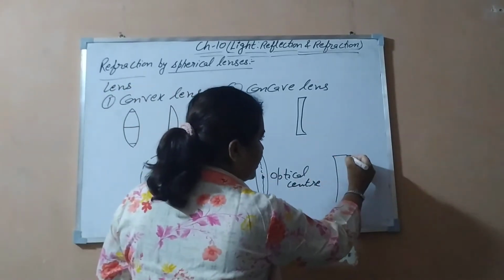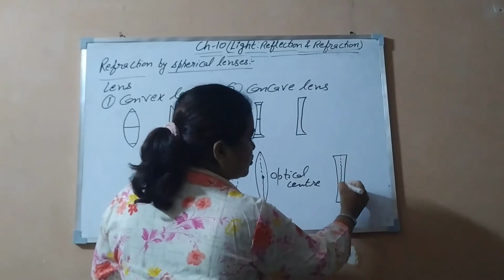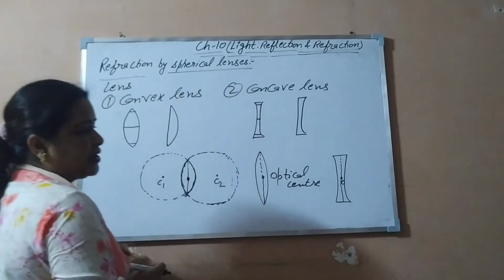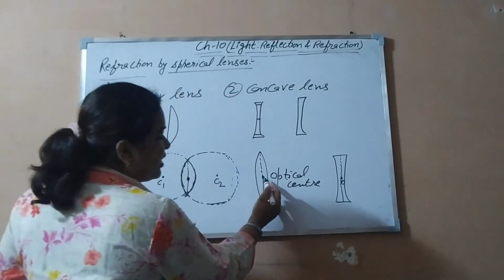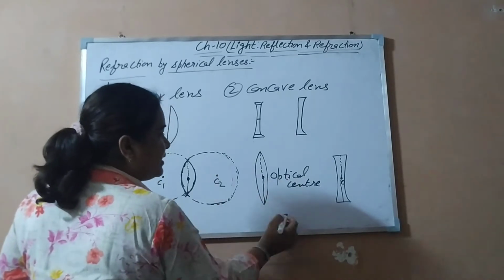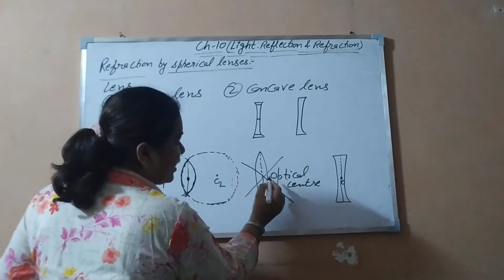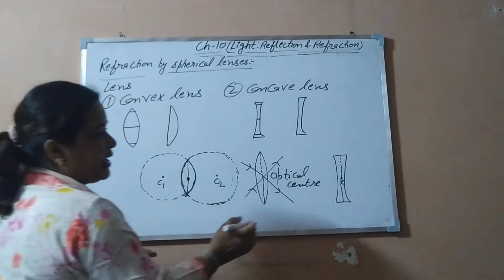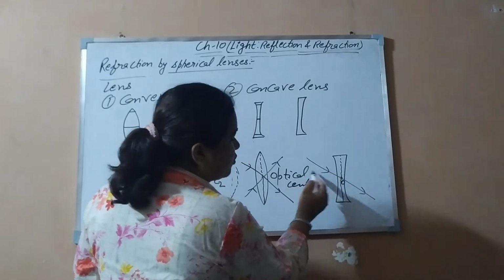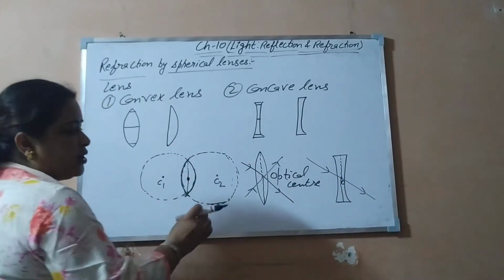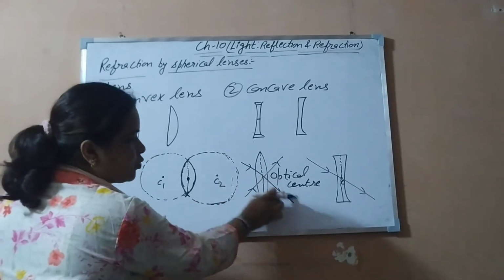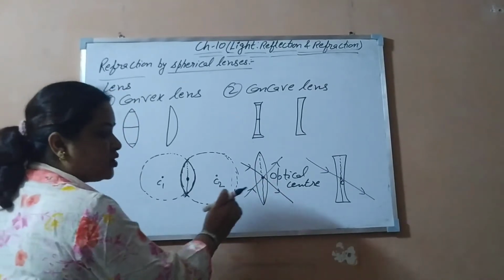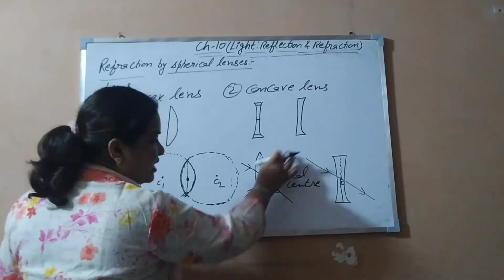This is also here when you have a concave lens. It also has this mid central point, so this is also the optical center of the lens. When a ray passes through the optical center from any side, it goes without any deviation. It will not bend at any angle. It goes straight without any bending, whether it is going from top to bottom or bottom to top. It goes undeviated, meaning it passes straight.